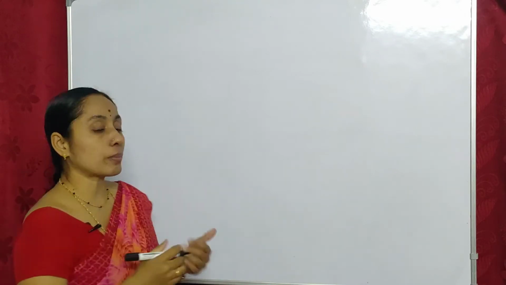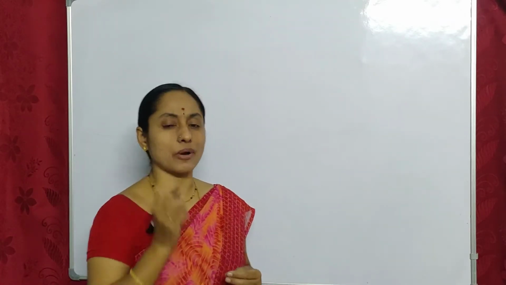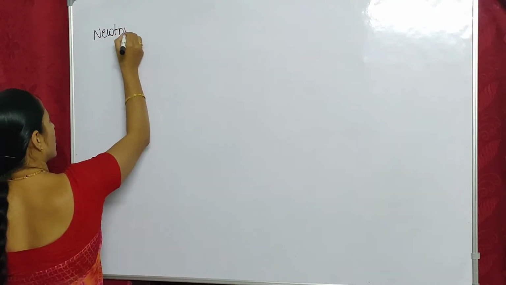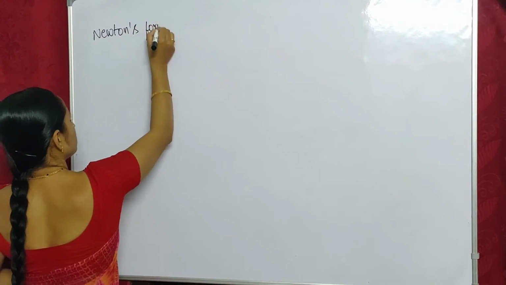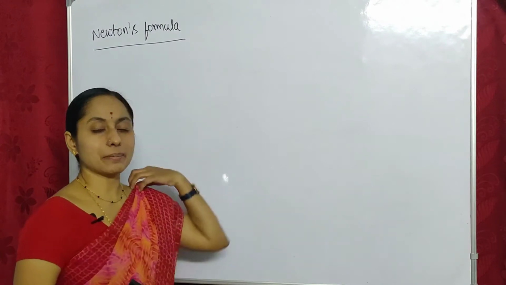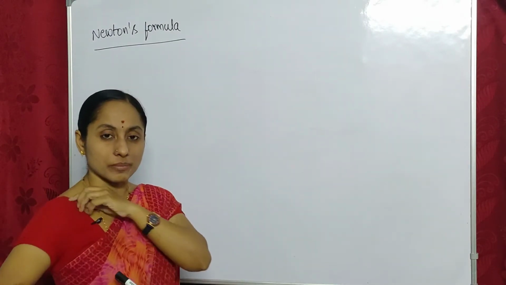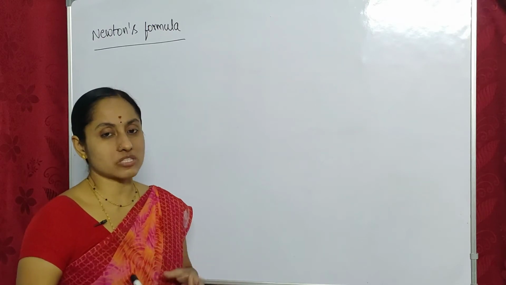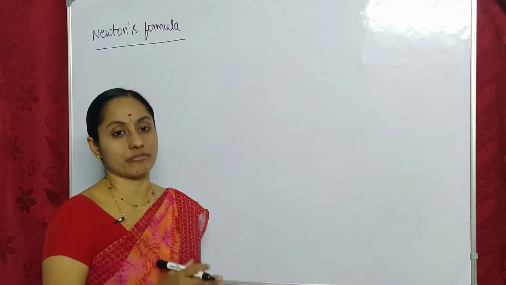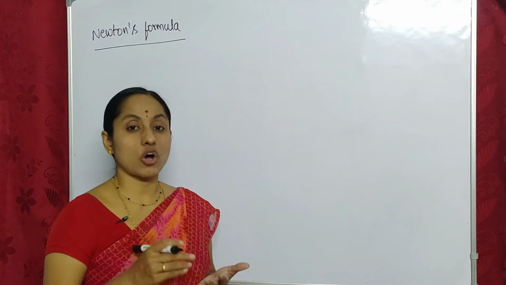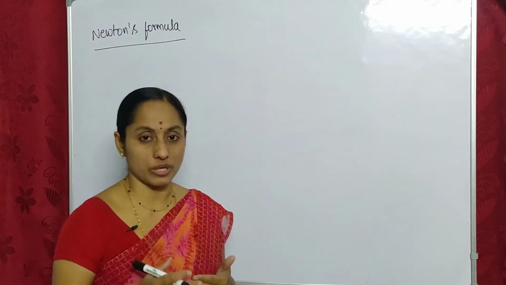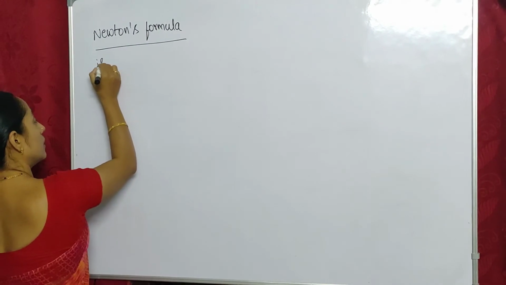Yes. Now before proceeding further, let us learn one small topic, something called Newton's formula. What is this Newton's formula? Normally when we write the mirror formula, 1 by F is equal to 1 by U plus 1 by V, that F, U, V are measured from the pole. Very important point. Focal length, object distance, image distance, usually they are measured from the pole. But if the